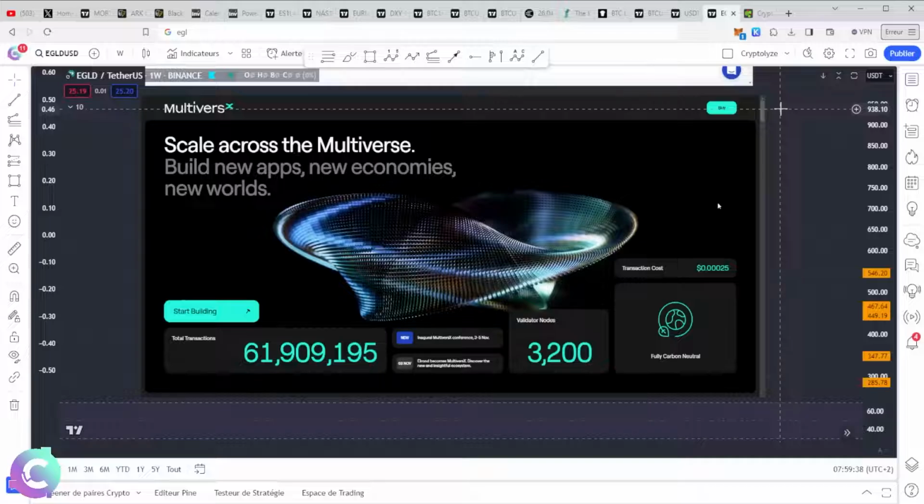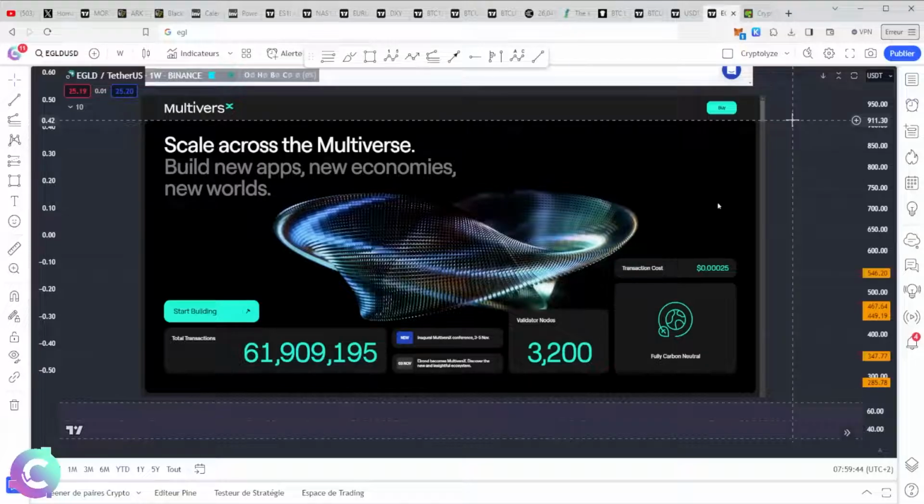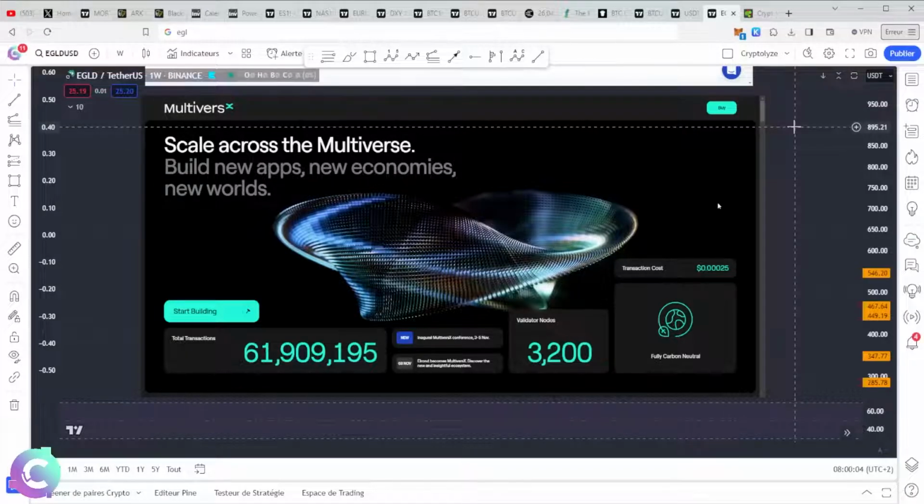It's the same principle that we find, for example, at OVH or Google or Amazon, on their cloud computing side, where we generally buy computing power. It's exactly the same principle, except that this computing power will be paid systematically when the user makes a transaction. It's called transaction fees, in which there is a part that goes to the validator and a part that is taken directly by the blockchain itself to be able to ensure its development. This is the business model that is around almost all tier 1 blockchains.